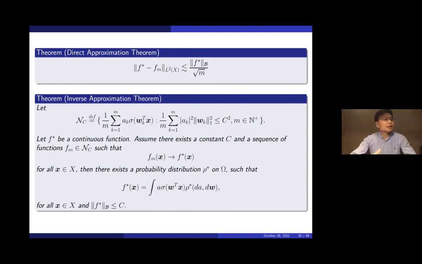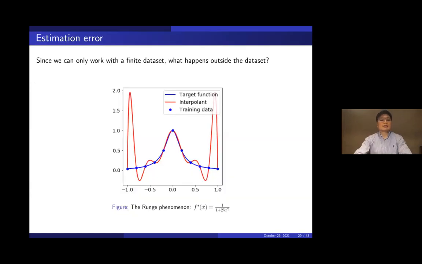So these are the kinds of approximation theorems we would like to have in order to identify the class of functions that can be approximated by a specific set of neural network architecture efficiently. But that's only approximation theory. That's assuming we know all the information about F star. But in practice, we don't know all the information about F star. In practice, we only know a finite data set, the training data set.